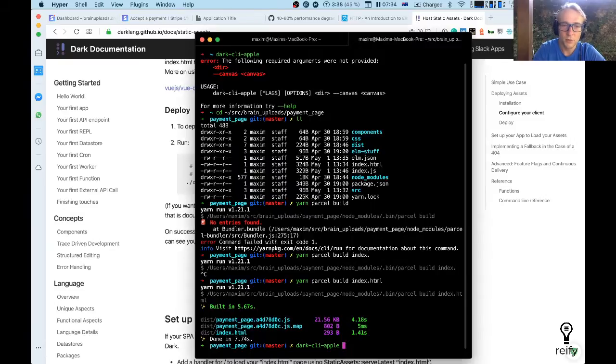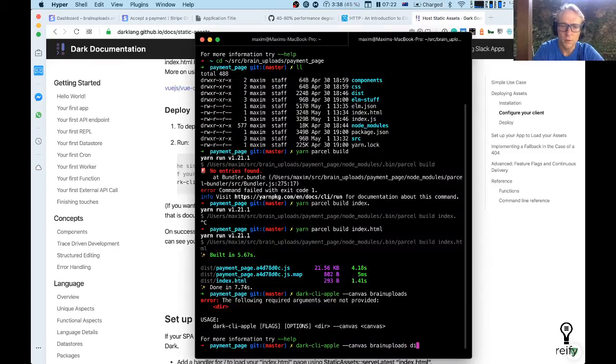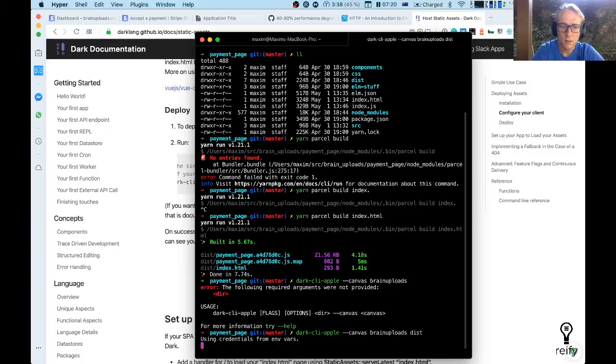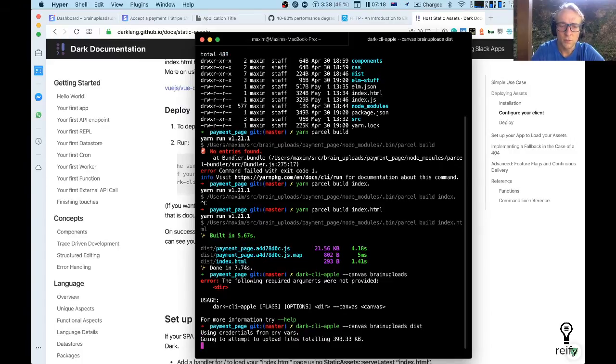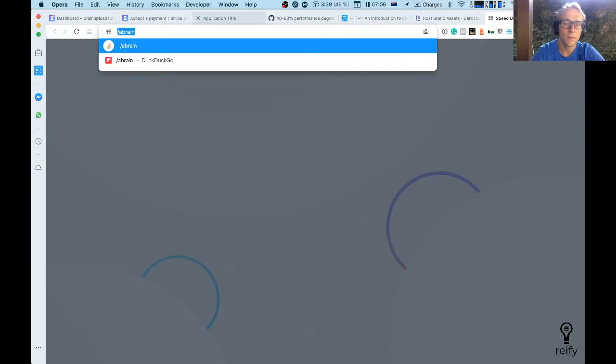I need to specify canvas. I don't need to specify password and username because I think I have private variables for them. It wants me to put a directory, I guess. Yeah, using credentials from the environment variable. Okay, upload successful. So let's open our brain